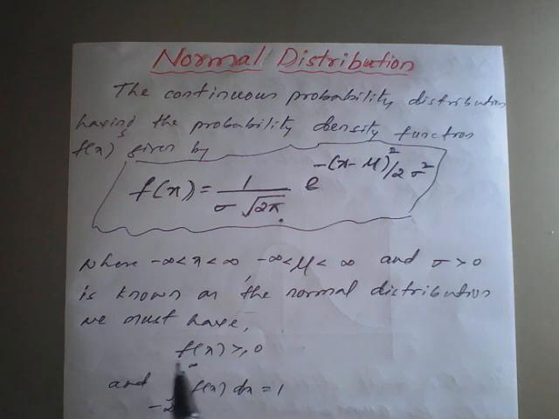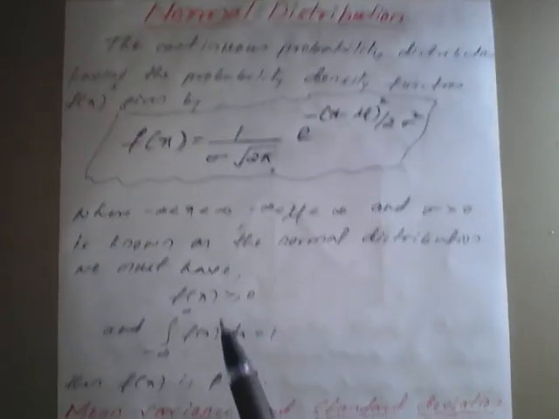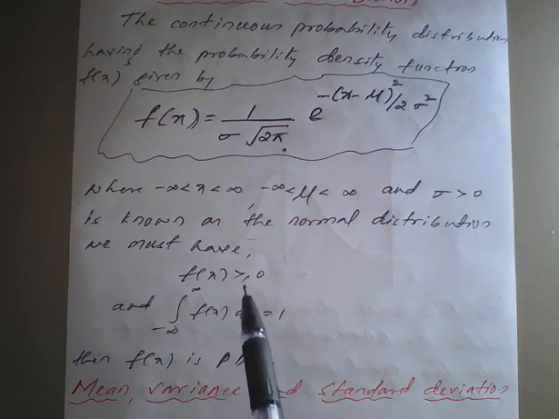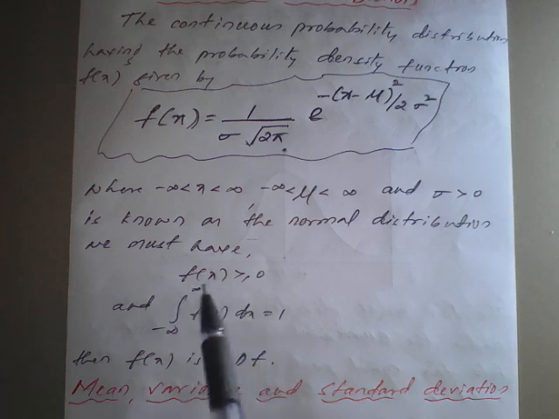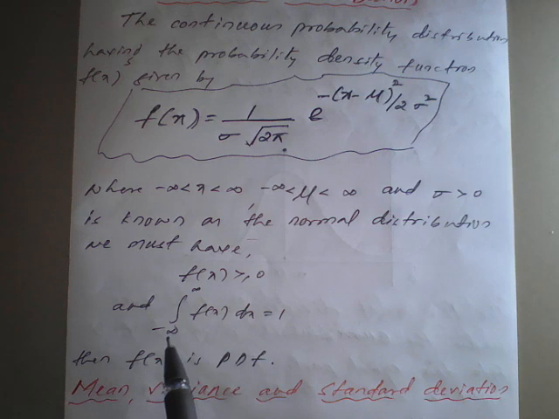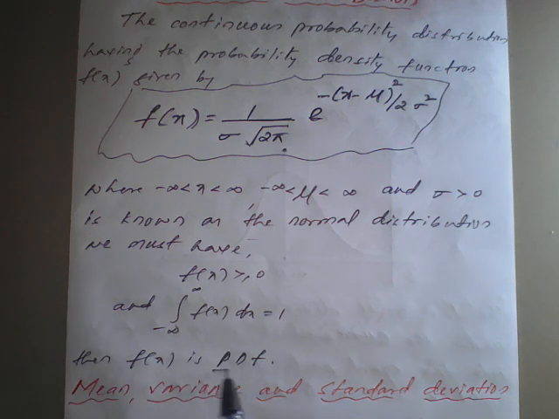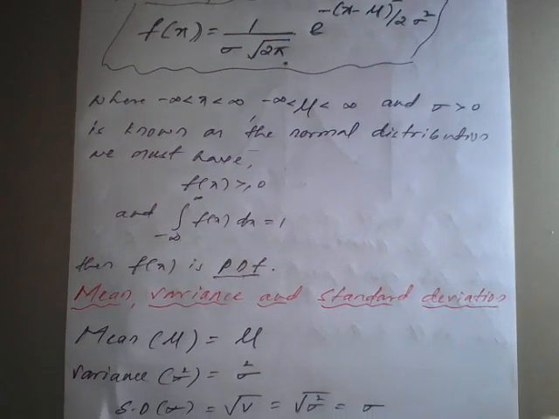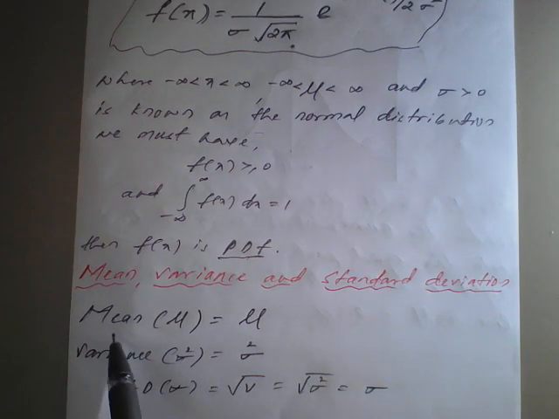And here also both the conditions will satisfy. The function f of x will be greater than or equal to 0, a function or probability, and integration of f of x dx from minus infinity to plus infinity will be 1. So if two conditions are satisfied, the given function f of x is called what here? Probability density function. So no proof for mean, variance and standard deviation, but the results are: mean is given by mu,